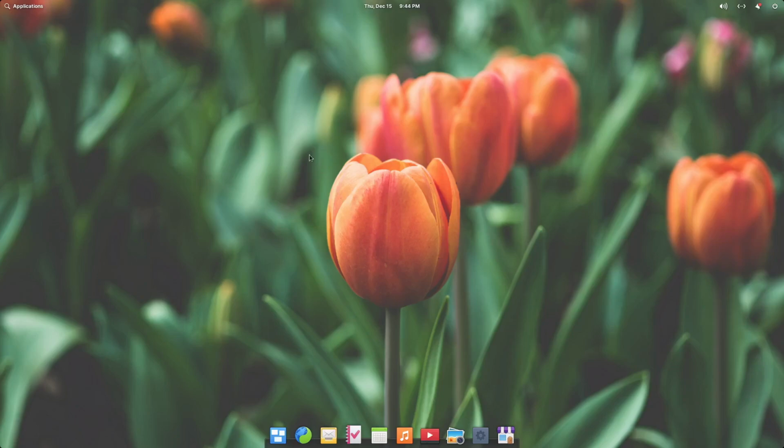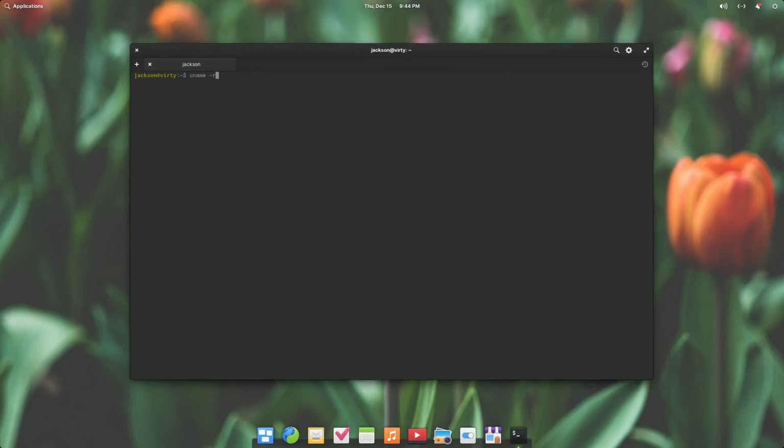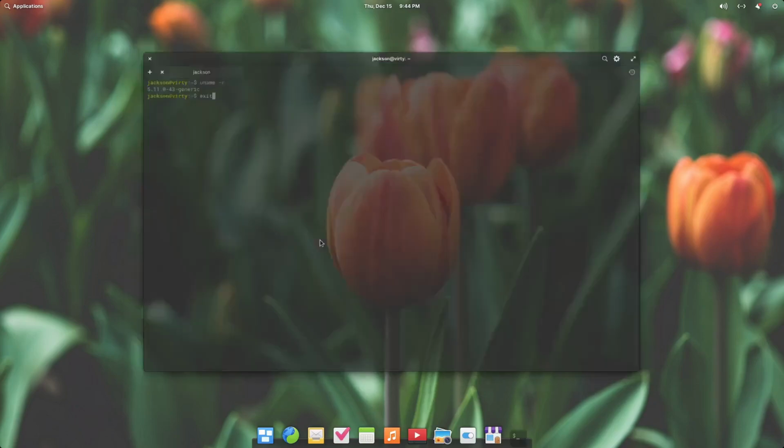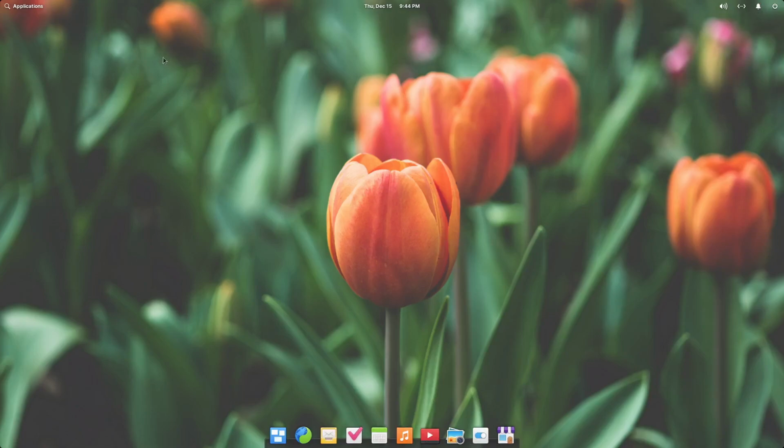So let's talk about the desktop environment a little. This is running Pantheon, which is an in-house desktop environment for Elementary OS. There are a few oddities, like there's no desktop icons, which I'm fine with. And let's see the kernel version. So uname -r. So this is 5.11 generic. So a bit of an older kernel. It's not 6.0. So what else do we have? That's kind of it. So final verdict.